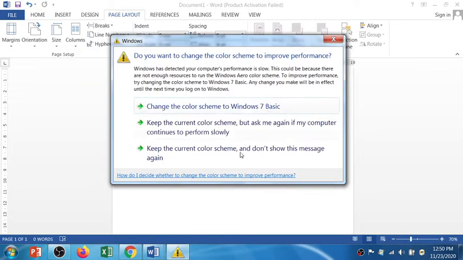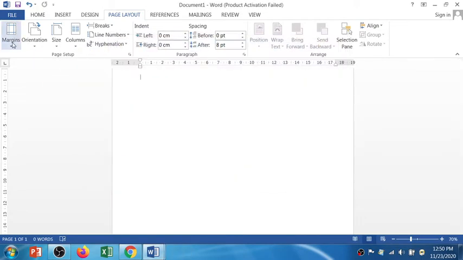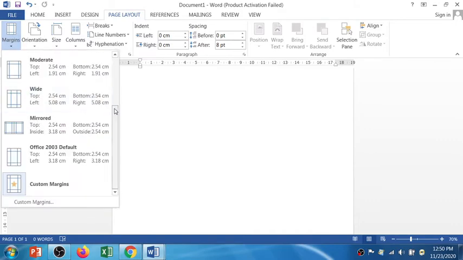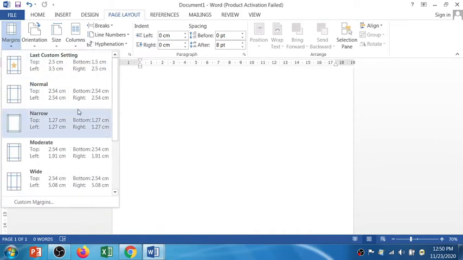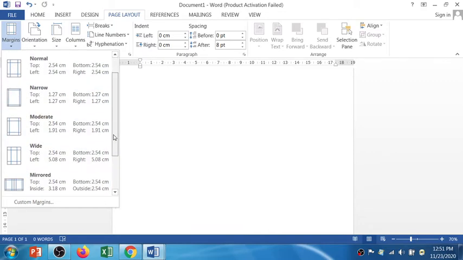By default we have the normal settings. On all four sides we have different margin sizes. So normal, narrow, moderate, and wide.